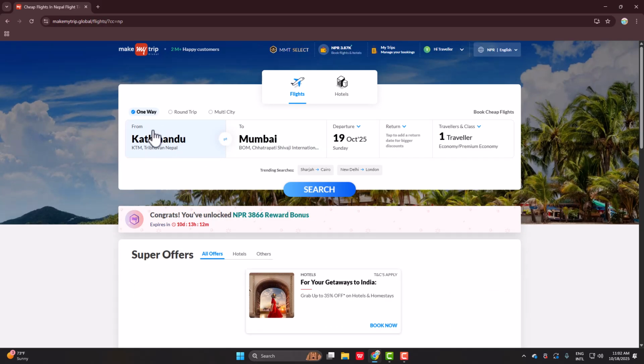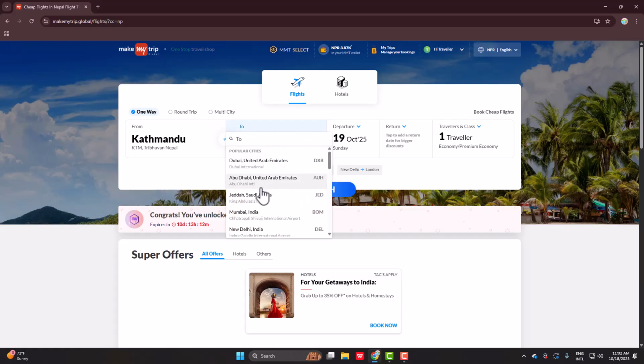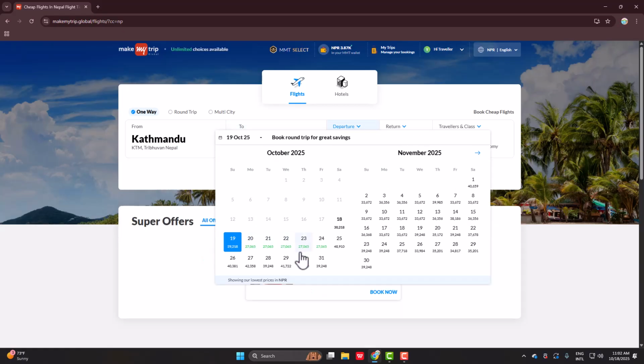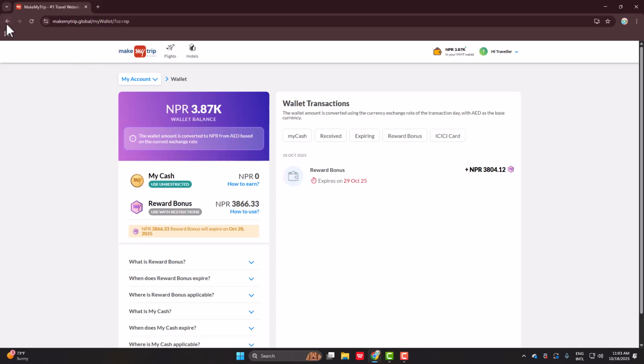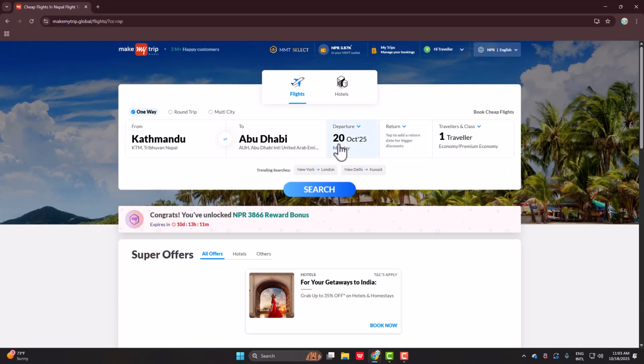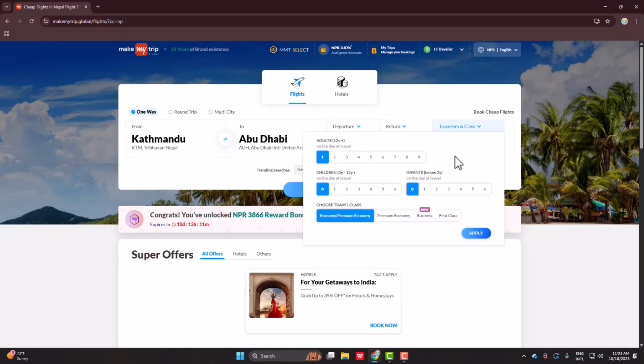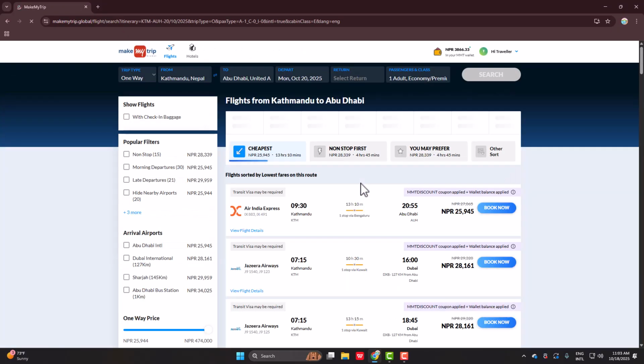your flight. So simply choose either it's a one-way flight, round trip, or multi-city, and from and to. So for example, if I'm headed here, and just select your destination and when you're headed to there. So let me just go ahead and select that departure date, and I can also go ahead and select how many travelers are going. Simply go ahead and click on search, and as you can see, it's going to list